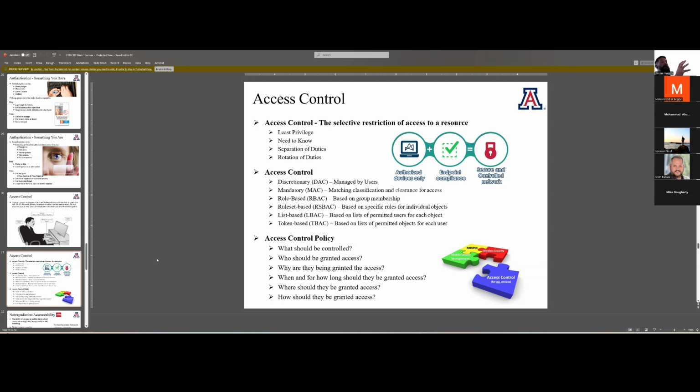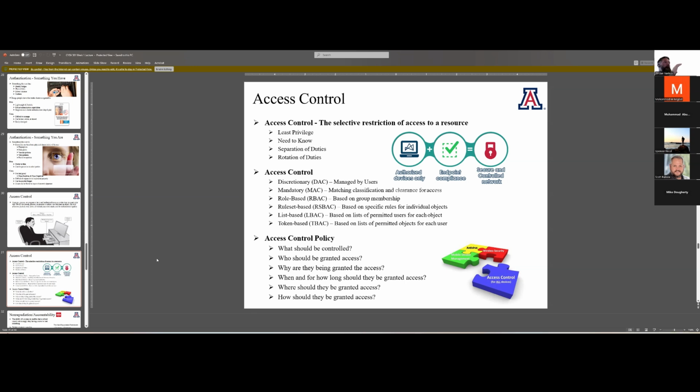Now, rotation of duties is something that I've only seen academically discussed. And the concept here is that rotation of duties says that every 6 months, the team should pick up and rotate positions within the team. And that's done for two purposes. One, job satisfaction. You get to work on something new every 6 months. But two, the person who is oncoming is basically auditing the previous person's actions, and any kind of fraudulent behavior can be detected.